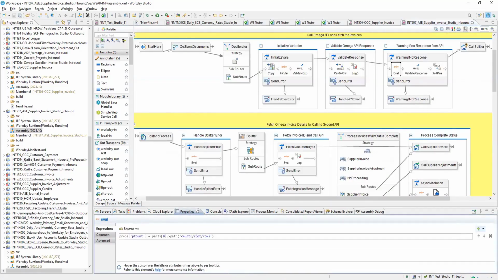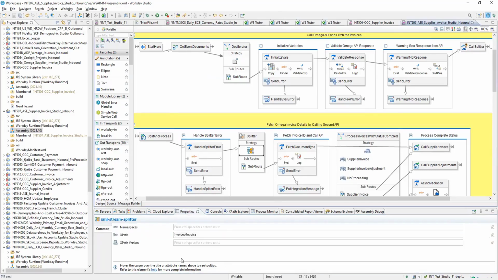If you see, I'm doing count of root/row. So if you consider your file, this will give you 50. But if you do it here after this XSLT, this count will be 30, because it combined all those employees which were having duplicate or multiple rows. Now it is giving me only 30 rows because there were 30 employees. Those 30 were having duplicate rows, so after the grouping, it has done this. Okay.